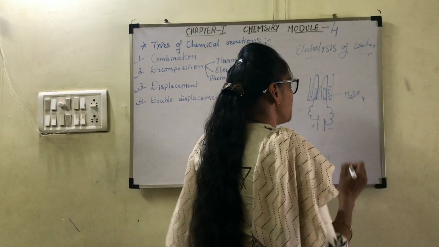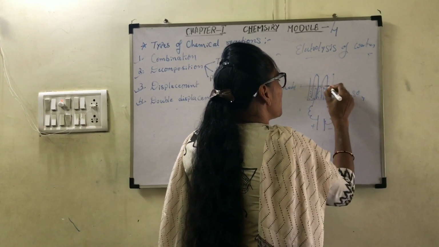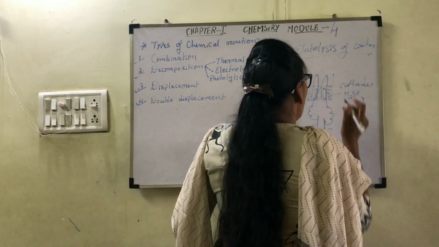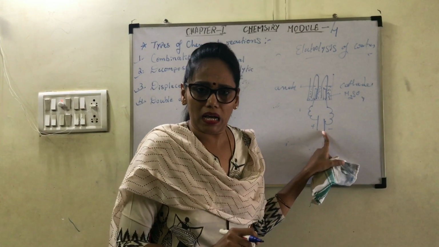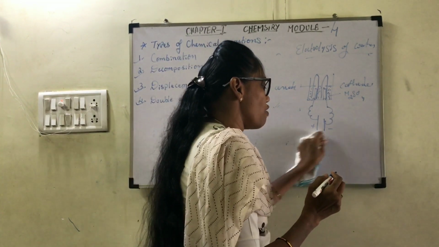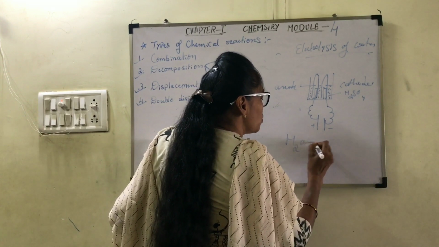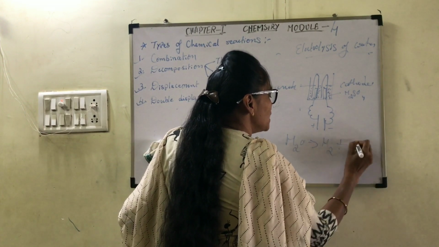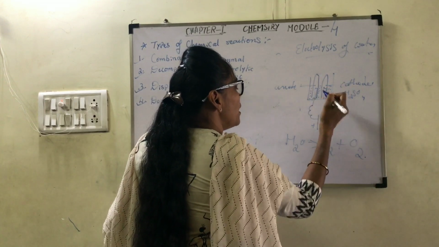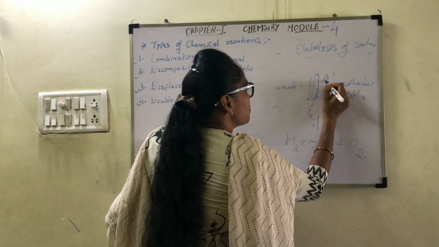So this is a positive terminal, negative. So this becomes your anode and this becomes your cathode. Now when the electricity is being passed, you will see the split up of ions, dissociation of water molecule happens. That is H2O will dissociate into H2 plus O2, where H2 is collected at cathode and O2 will be collected at anode. So you will see some gas bubbles,